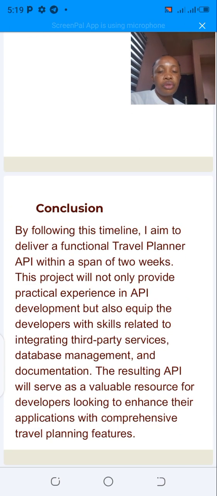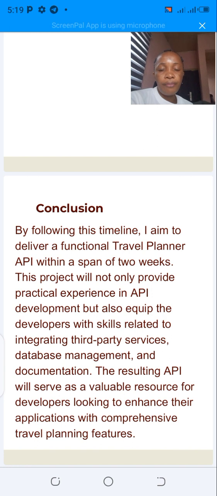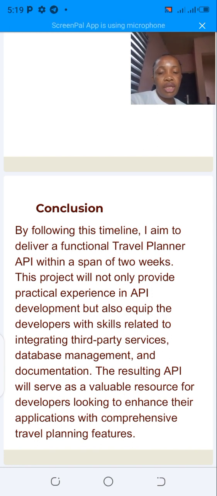In conclusion, if I follow this timeline, my aim is to deliver a functional travel planner API within a span of these 2 weeks. This project will not only provide practical experience in API development, it will also equip developers with skills related to integrating third-party services, database management, and documentation. The resulting API will serve as a valuable resource for developers looking to enhance their applications with comprehensive